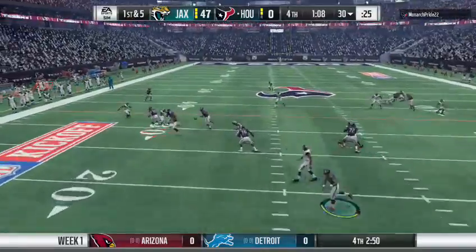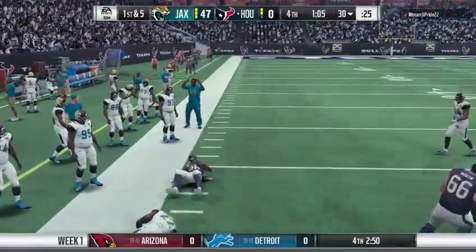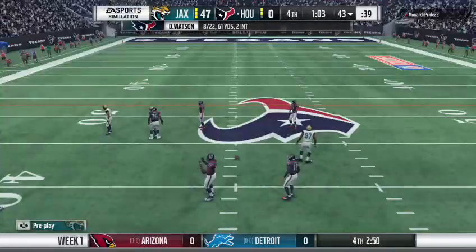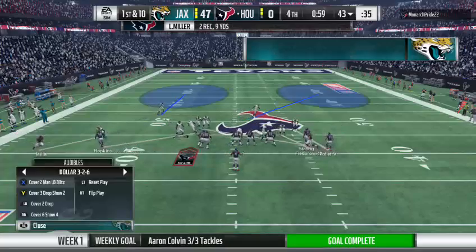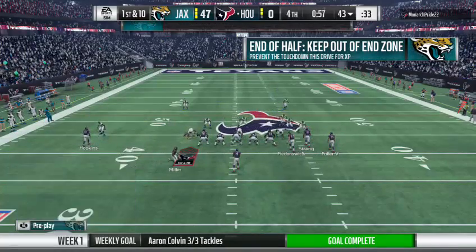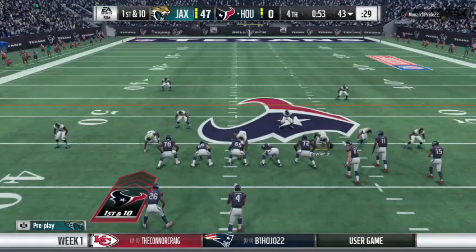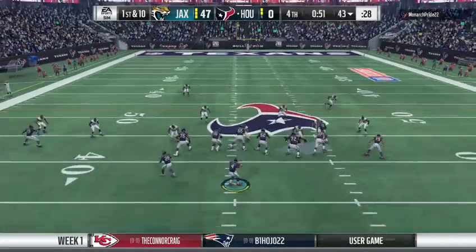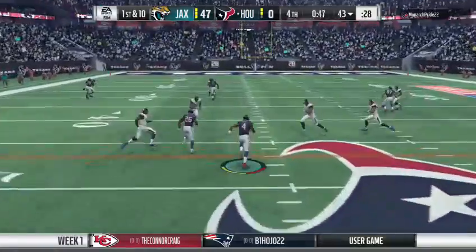Now it's Watson. Setting up the screen for Miller. And they get him down, but not before he takes it across the 40-yard line. A fresh set of downs on a gain of 13 there for the Texans. Nice game there, partner, but you and I both know that won't do anything for the final score. They're not going to win this one. Right now they're playing for pride and fantasy points. And just to erase that goose egg, nobody...